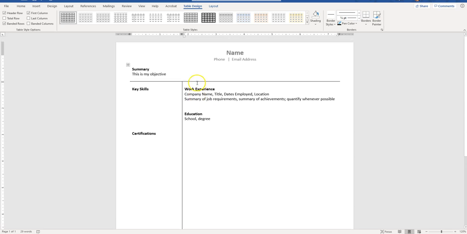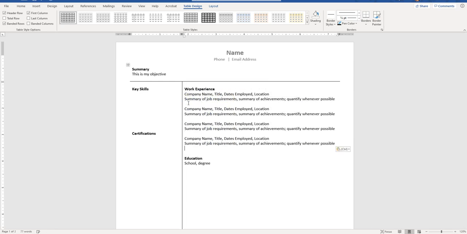Again, if you don't have a lot of work experience, you can kind of space this out a bit more here. So if we do just a couple things here, you can kind of space it out a bit, give it some breathing room. If you want to, you can put a line here. You can do just kind of like that if you want, and get that big thick line there, but that's kind of a hassle to remove. That's actually one of my most popular videos, is how to remove that line. And you can always add more